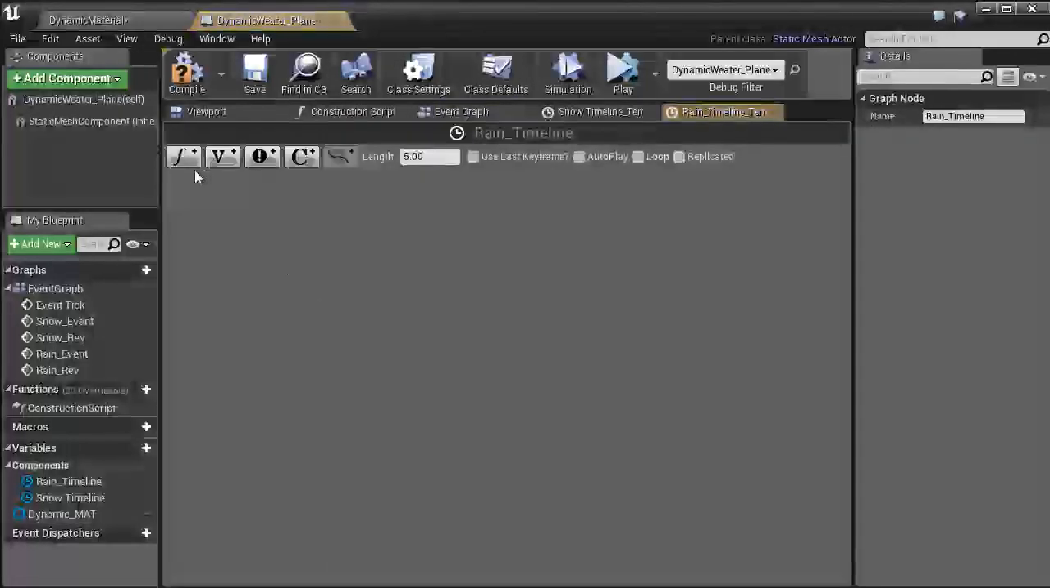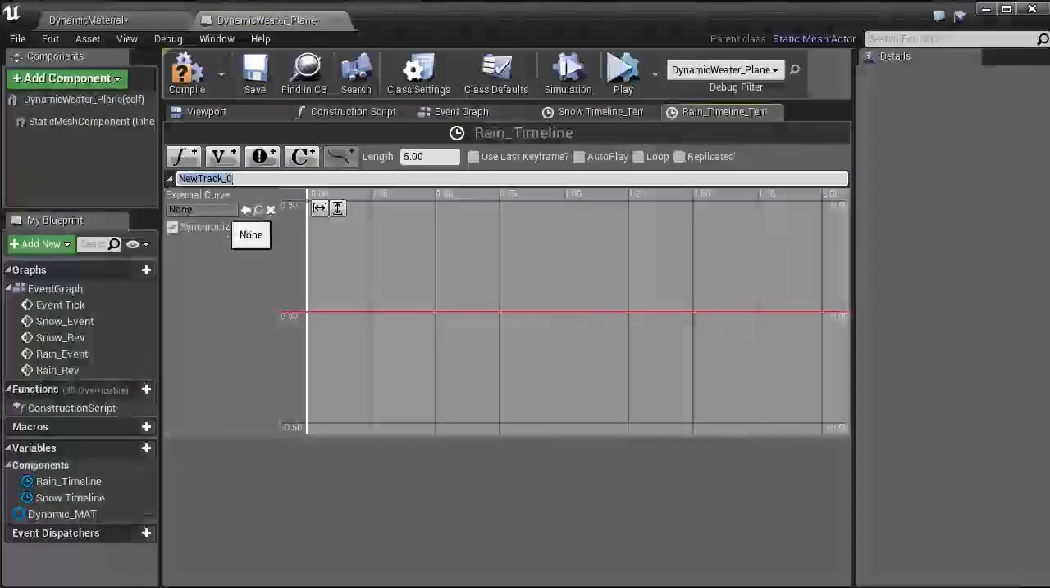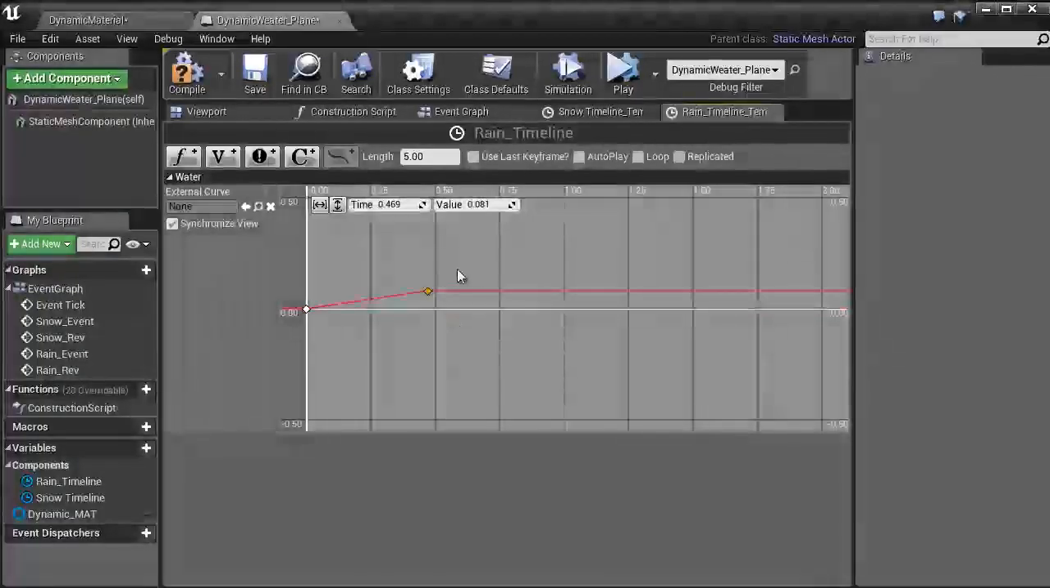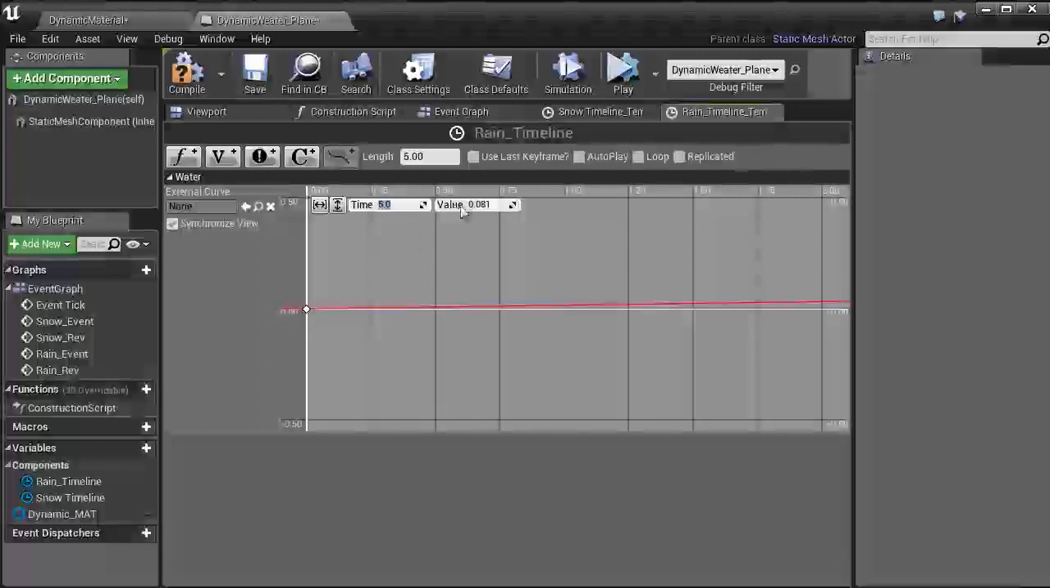I'm going to double click that, and we're going to start creating a variable, and we're going to name this one water. Then we're going to right click, add key, then we want the time to be 0, and we want the value 0 of course. And then we're going to right click again, and we're going to have time as, let's say, about 5. Then we're going to have the value as 0.01,